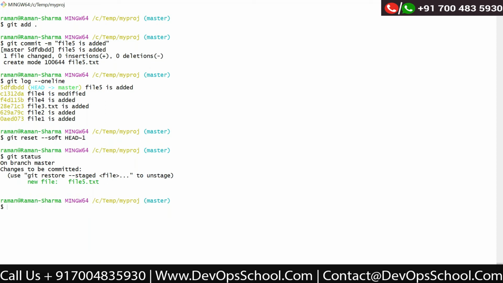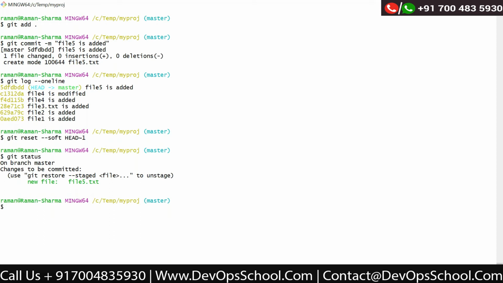So for example, you have done some commit, you try to push it into the commit, means the local repository, but your lead says no, don't commit it at this moment, because still we have some changes expected, or until I give you the green signal, you need not commit it.